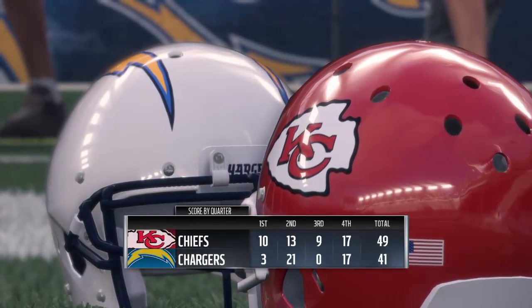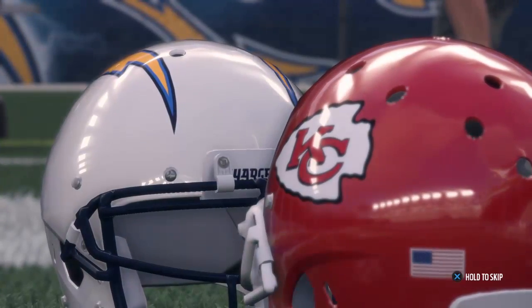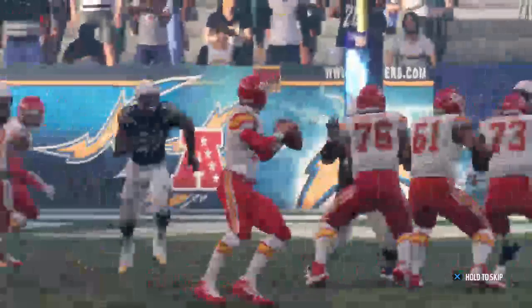So for the Chiefs, it's back-to-back victories now after the Week 1 defeat as they move to 2-1. They will head home next week to take on